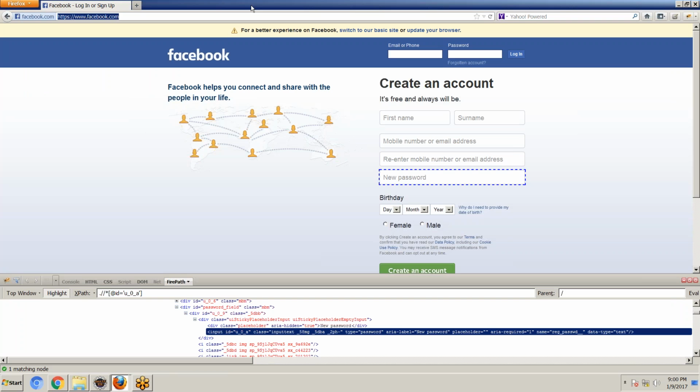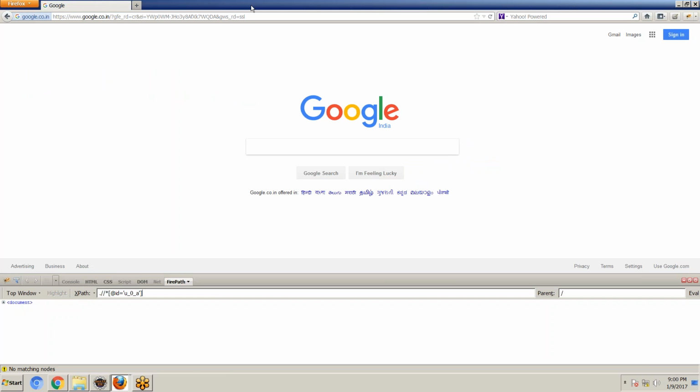I'm going to take the Google search XPath.